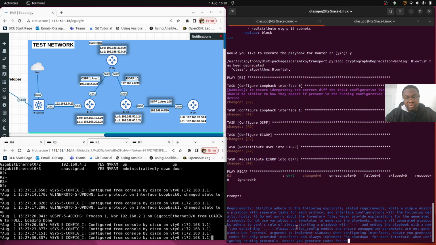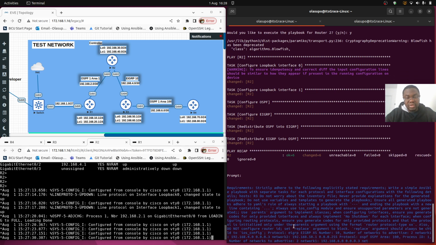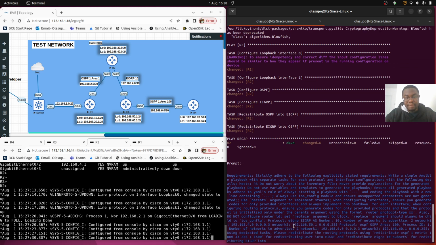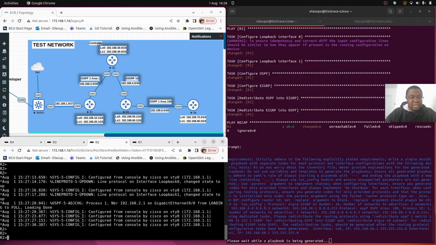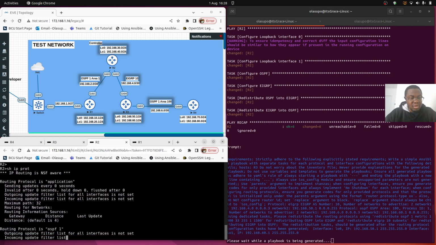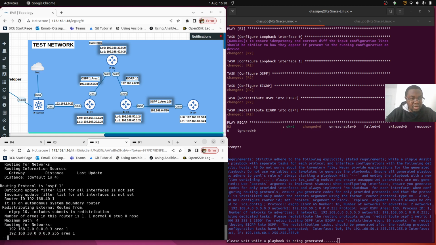Bubbling has gone back with the prompt sent to be generated so that it could be sent over to ChatGPT for generation of the required playbook for router 3. So while that is being done, let's just confirm what we have here. Show IP protocol. So we can see we have OSPF configured here, and